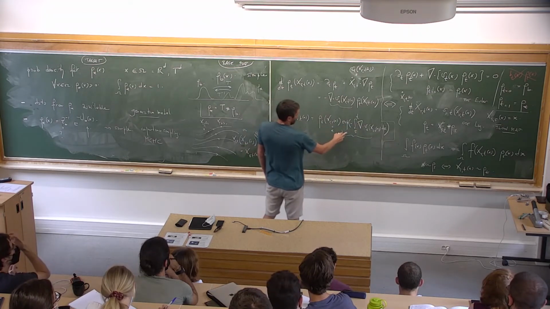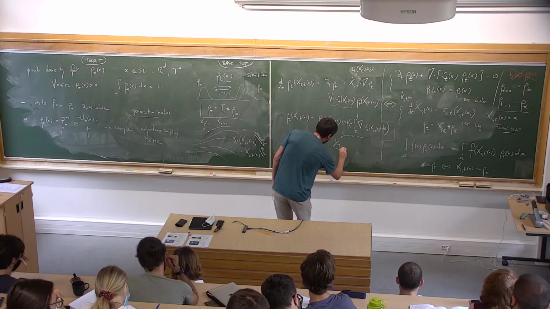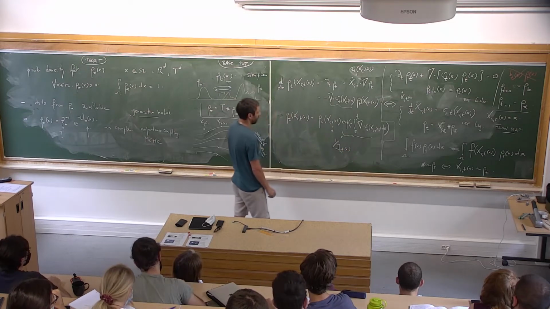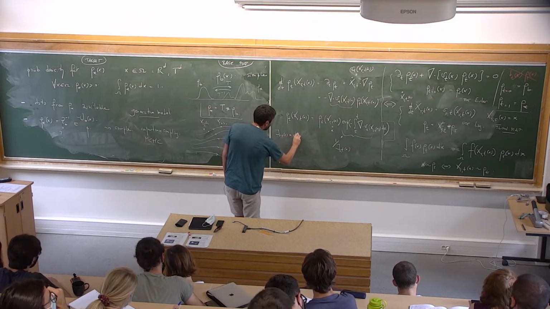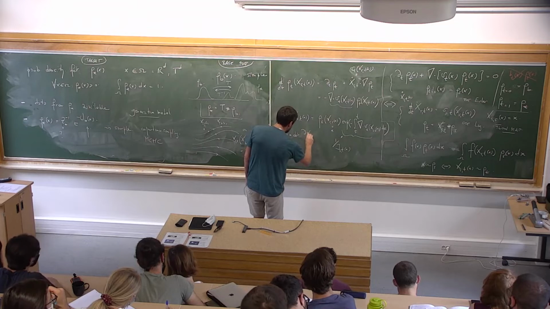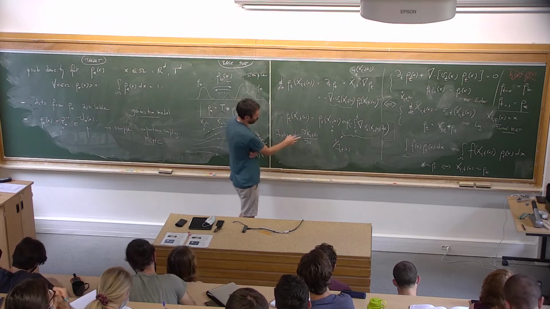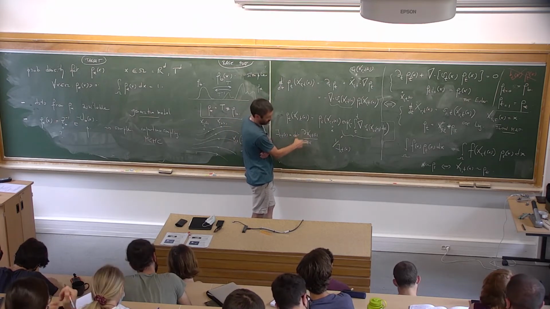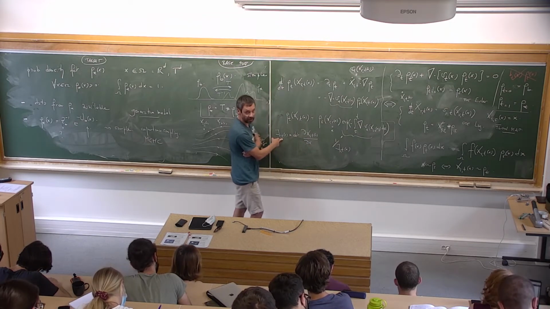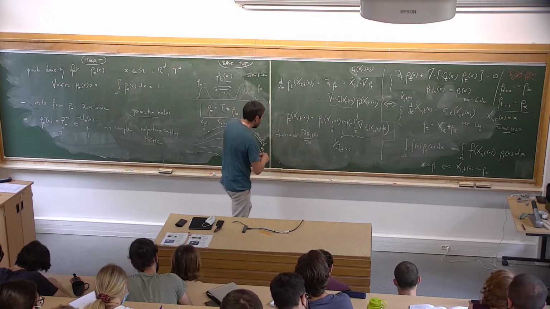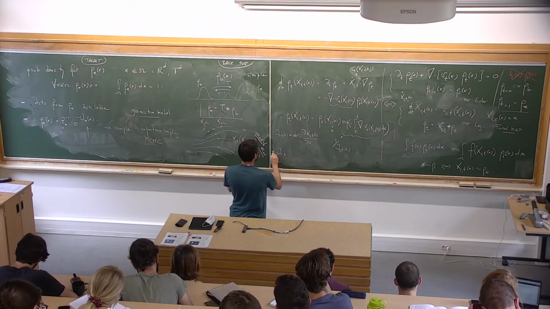which is that this guy here is in fact 1 over the Jacobian of the flow. What is the Jacobian of the flow? The J_st of x is simply the determinant of the matrix dX_st/dx, where you see how the flow varies if you vary the initial condition. So that's a matrix. Its determinant defines the Jacobian. Okay? And I claim that this is 1 over the Jacobian simply because if you take d over dt of this guy,